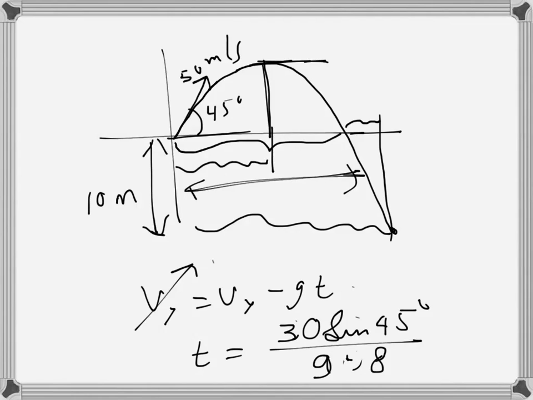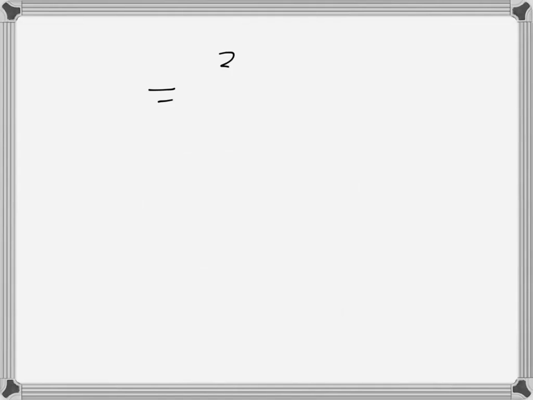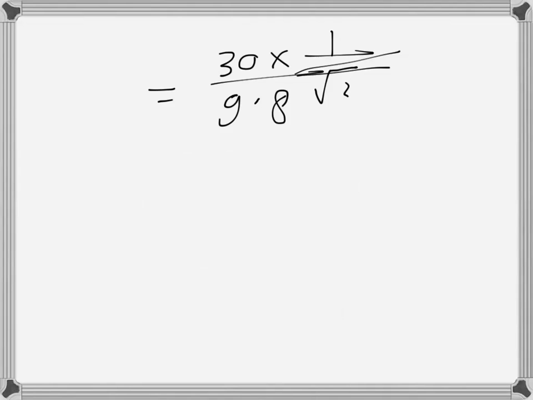Anyway, so this becomes 30 sine 45, which is times 1 over root 2, and then over 9.8, so that's half of the time. So the total time will be twice of this one, 30 over 9.8 times root 2,